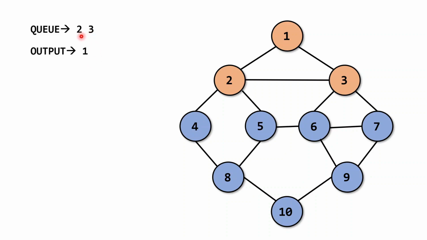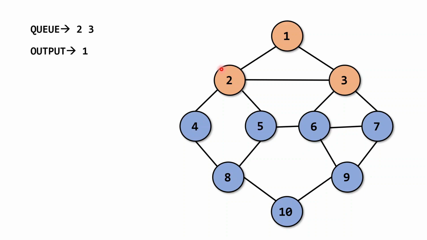So in the queue we have next element 2. We will check for this particular vertex, which is 2, and we will redo the same thing which we have done for vertex 1. What we have done here is we have checked the adjacent vertices of this node, put them in the queue and mark them as visited. So I will do the same thing here.